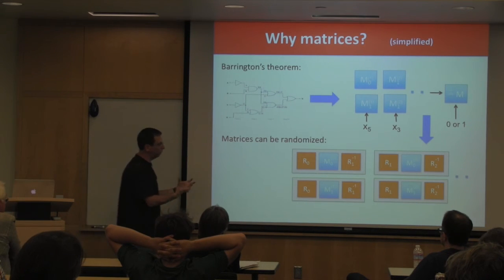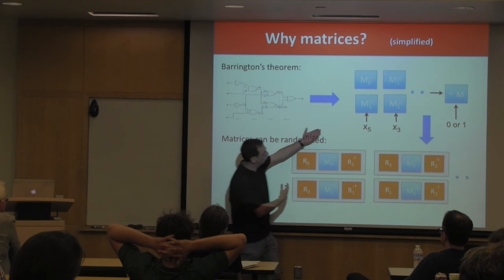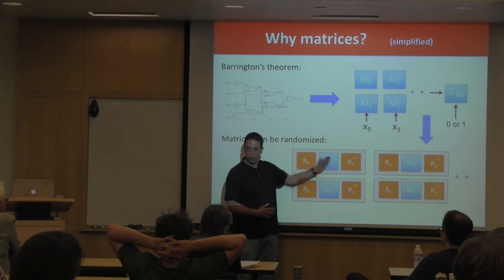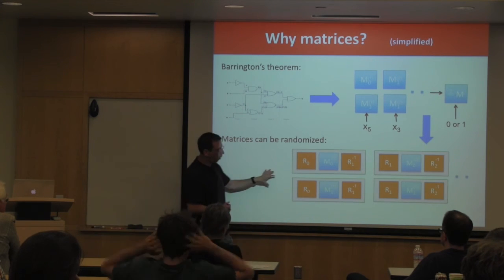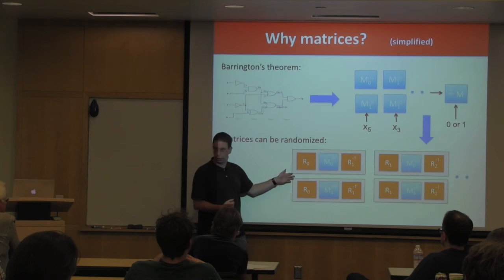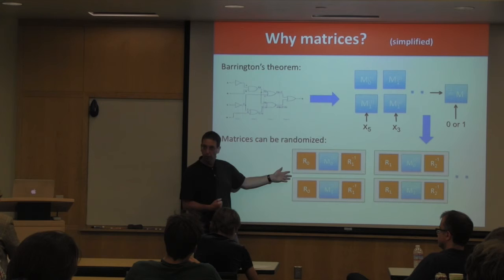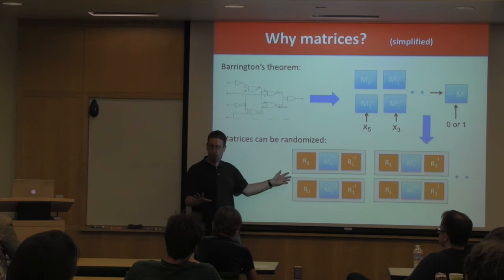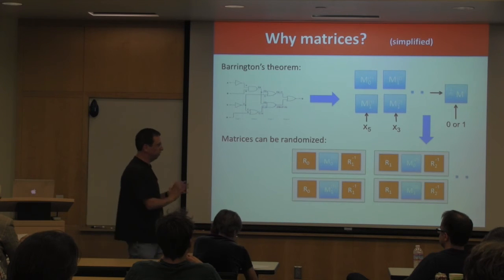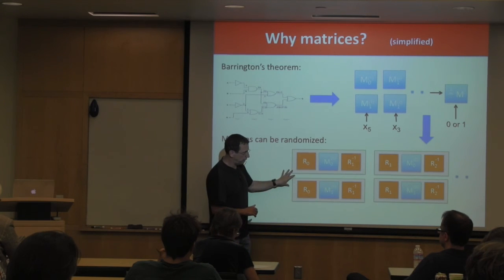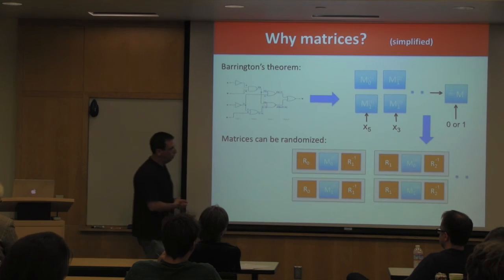The nice thing about doing this is that the program no longer contains the original matrices, but just random looking matrices, and there are many, many of them. So we're making progress towards obfuscating the code. Is this clear, how this randomizes all the matrices? Now we've got pretty random looking code. It turns out this is still not something that you can prove is IO secure. There are still attacks on this scheme.